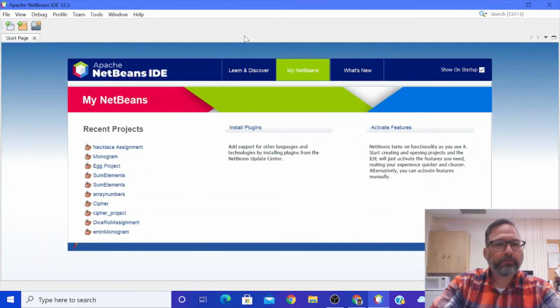Good. Okay, so you can start to see now we're in the NetBeans environment, and I'm not going to talk about NetBeans right now as far as the software is concerned. I'll do another video on how to work around NetBeans, but that's not important for today. I just wanted to make sure that you were able to download everything, install everything, and make sure that you were good to go for